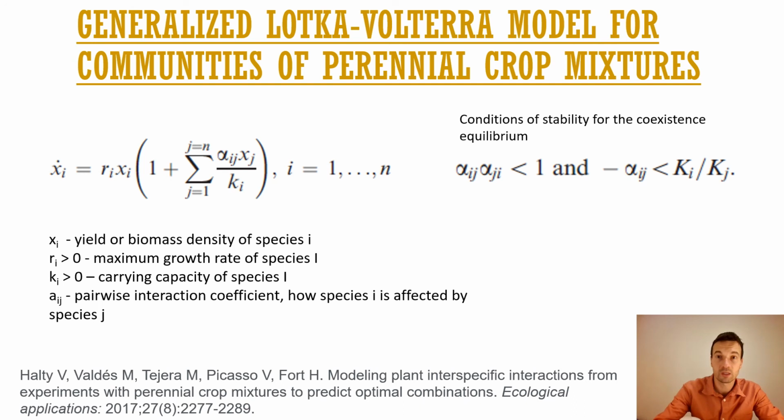Authors drew this conclusion from the experiment with combinations of 3, 4, 6, and 7 species belonging to legumes, cool season grasses, and warm season grasses. What might be the possible implication of this model? For example, if the productivity metric is limited, not increasing by increasing the number of species over 3, we can